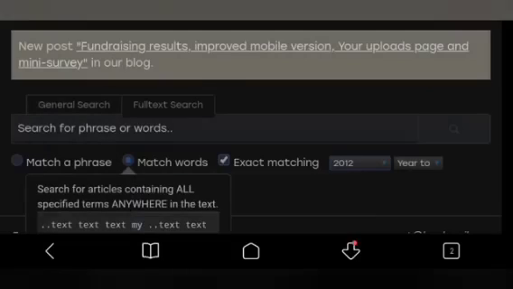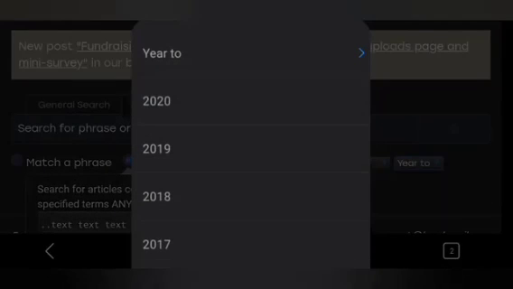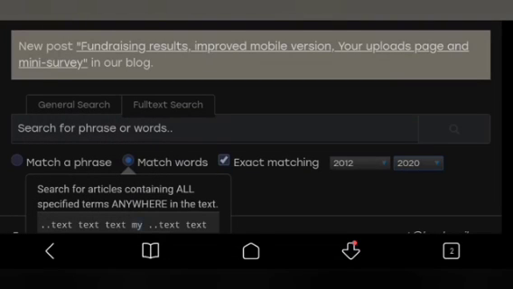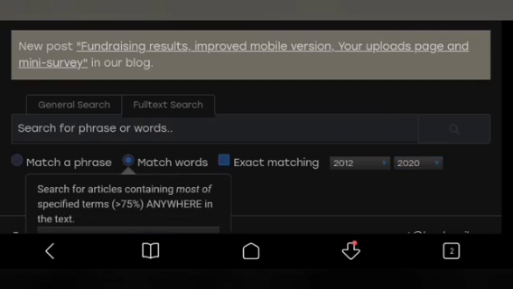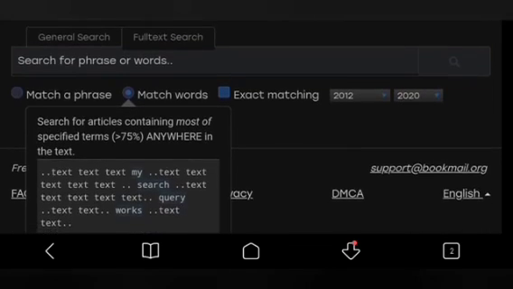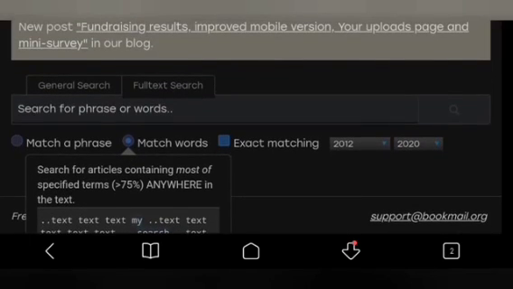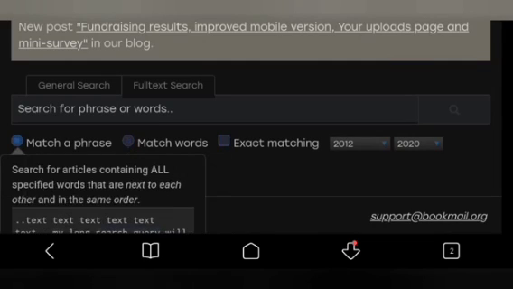You can make advanced settings here, like year wise, in which year you want that journal, and in which year the book got published. You can set the advanced settings given there according to your convenience, according to your needs.